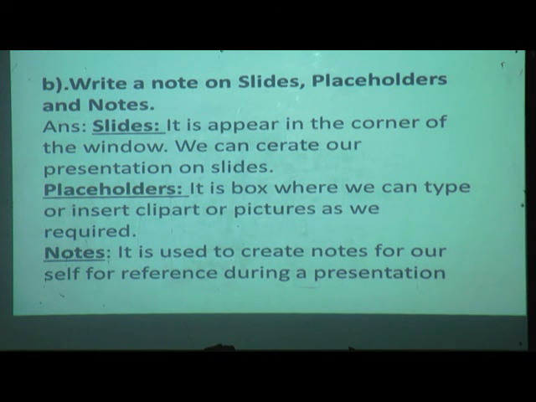Placeholder, it is a box where we can type or insert clip art or pictures as we require. Notes, it is used to create notes for yourself for reference during a presentation.